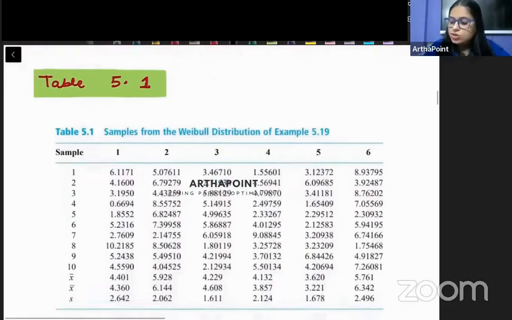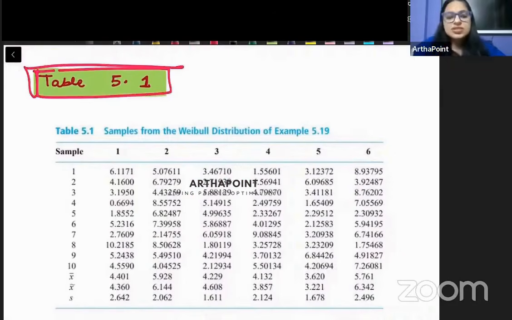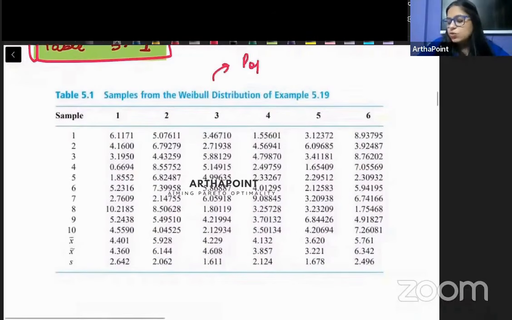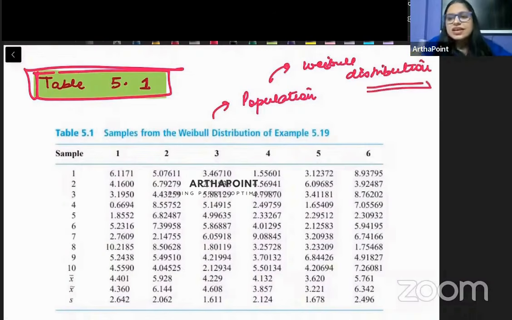ठीक है बेटा. Now this is a table given in your book, table 5.1. Let us try to understand this table a bit. थोड़ा समझो यहाँ पर. तो यहाँ पर क्या किया है ना, उन्होंने बोला कि assume करो कि एक population है और उसका डिस्ट्रीब्यूशन उन्होंने असूम कर लिया that it is Weibull distributed. इस word पे इतना ज्यादा ध्यान नहीं देने की जरूरत है. जैसे एक्सपोनेंशियल डिस्ट्रीब्यूशन होता है, नॉर्मल डिस्ट्रीब्यूशन होता है, बाइनोमियल होता है, वैसे ही Weibull distribution होता है. हमें उससे कोई मतलब नहीं है. We are not concerned with it. उन्होंने यहाँ से जो पॉइंट रखना है, हमें उस पॉइंट को ही हाईलाइट करना है.